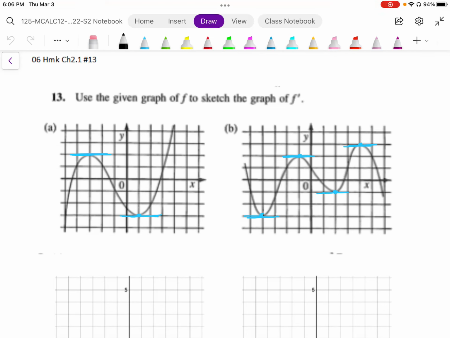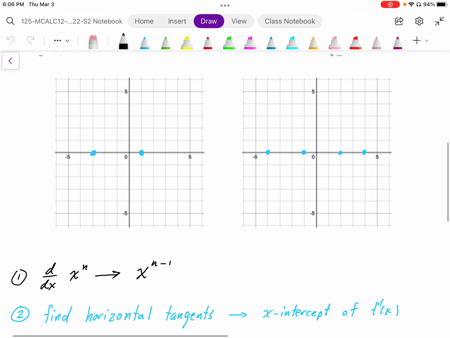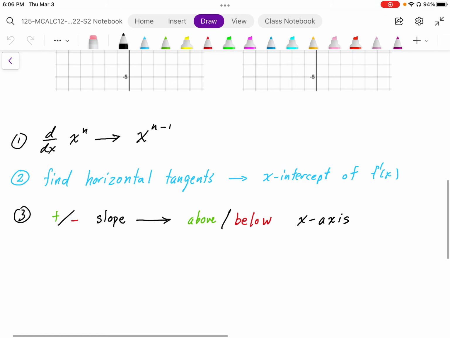We've been given an f function and asked to sketch a graph of the f prime function. To do this, we want to use some properties. One property is that if we differentiate a polynomial to the power n, the derivative should have a polynomial power of n minus 1. If we have a horizontal tangent, we know that represents the intercepts of the f prime graph, or where the horizontal tangent is, the derivative is equal to 0, so the f prime should hit